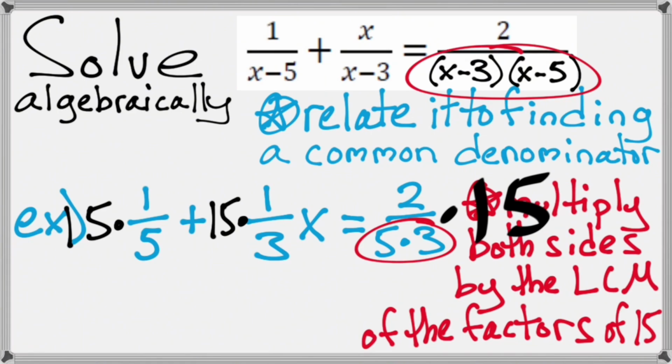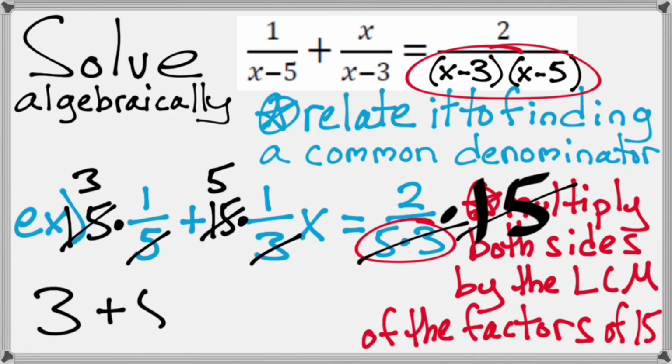Once you multiply everything on both sides of this equation by 15, here's what's going to happen. Your 15s are going to cancel out on the right-hand side with the 5 and the 3 in the denominator. The 3 in the middle term's denominator will divide into the 15 and leave you with a 5 that you can see right here. And then lastly, the 15 at the beginning is going to be divided by the 5